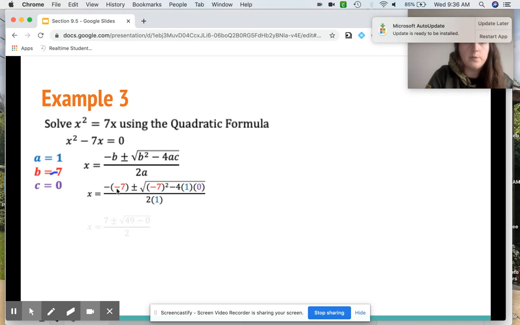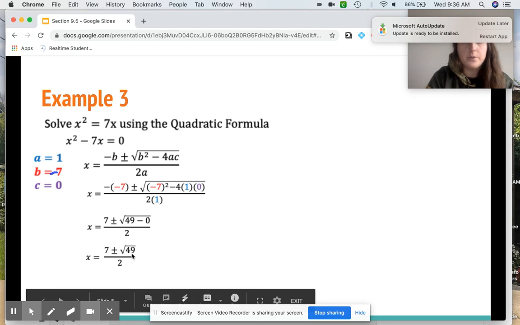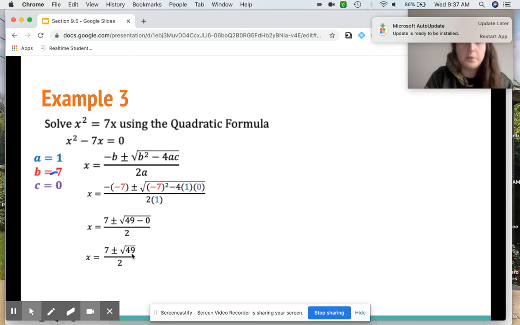So two negatives would give you a positive 7. Negative 7 squared is going to give you 49. Now, if you multiply negative 4 times 1 times 0, you're really going to be subtracting 0. So you really just have 7 plus or minus the square root of 49 over 2. 49, another perfect square root. Simplify that. So you have 7 plus or minus 7